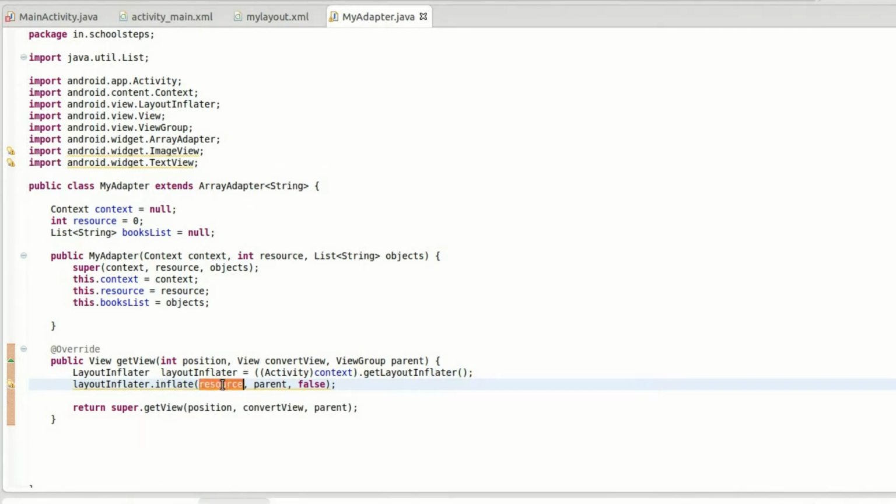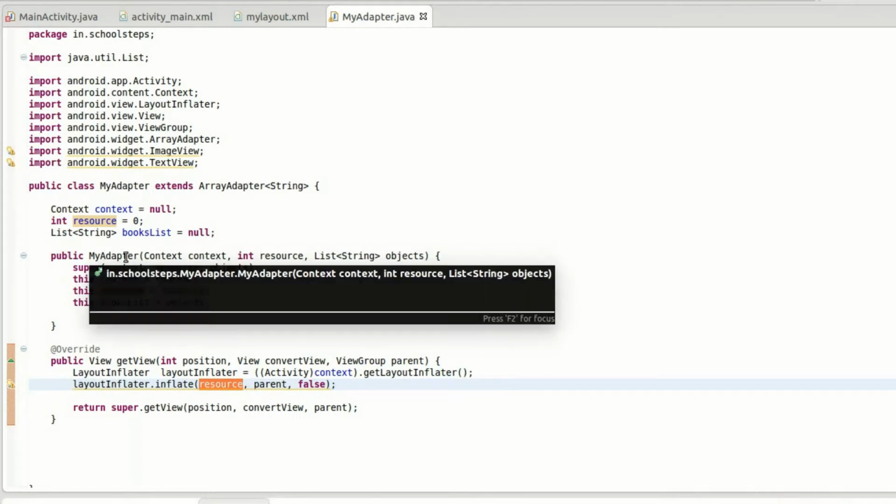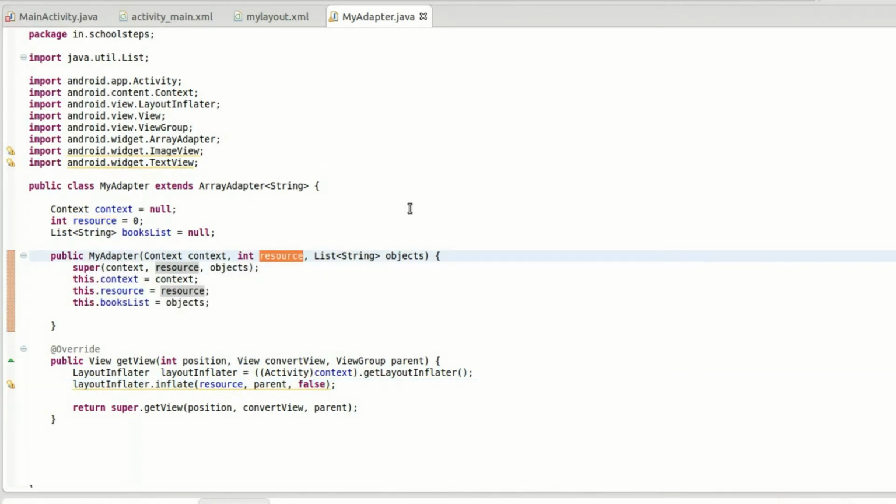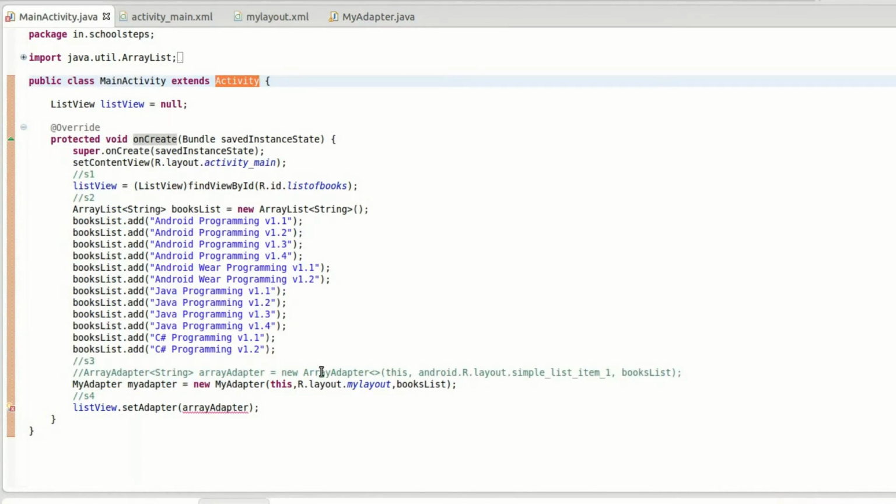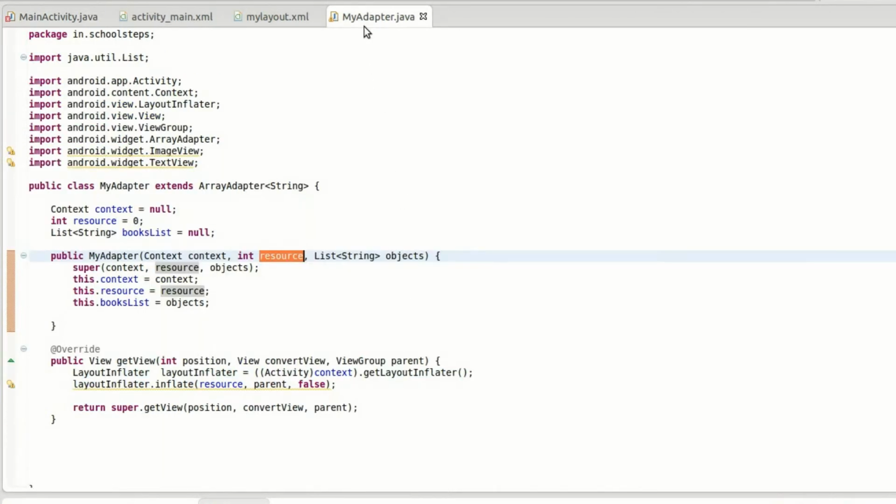If you observe, here we are parsing resource and the value of resource we are getting through the constructor, and further this value we are getting from the main activity, which is right here. And here we are passing R.layout.mylayout. That means in my adapter we are parsing the my layout right here, and parent is referring to view group,